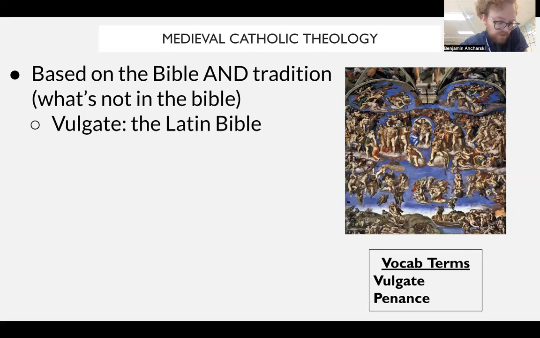And the Bible itself is kind of a work of translation. We are going to see that the Bible, the Old and New Testament, to use Christian terms, was originally written in Hebrew and Greek, respectively. However, during the Middle Ages, the Catholic Church, the body really in charge of deciding the traditions of Catholicism, is going to translate the Greek and Hebrew into Latin, into the Latin Vulgate, or the Catholic Bible, the Latin translation of the Bible.